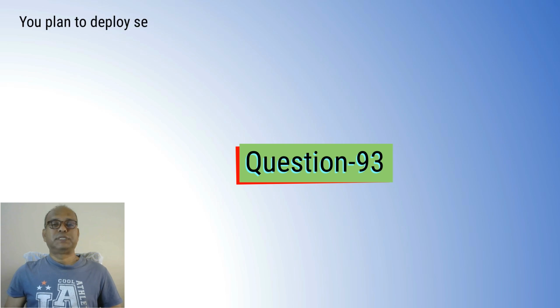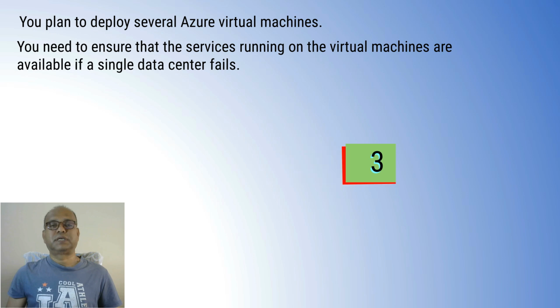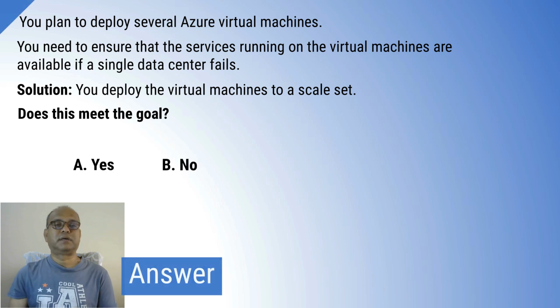You plan to deploy several Azure virtual machines. You need to ensure that the services running on the virtual machines are available if a single data center fails. Solution. You deploy the virtual machines to a scale set. Does this meet the goal? Option A, yes. Option B, no. Answer. This does not specify that the scale set will be configured across multiple data centers, so